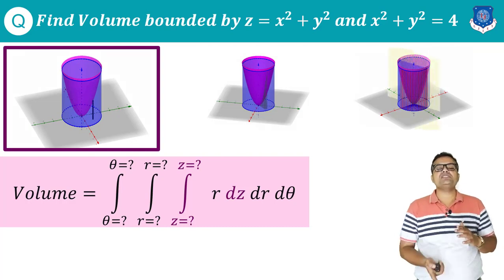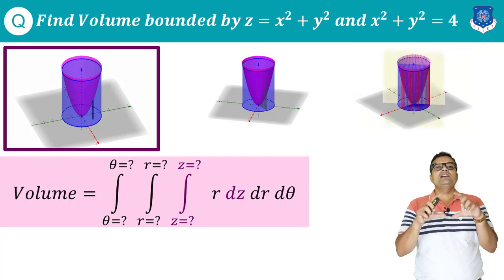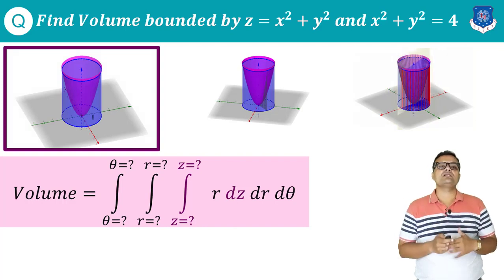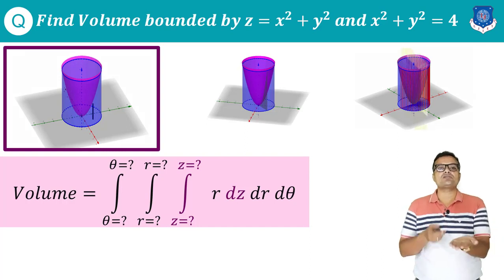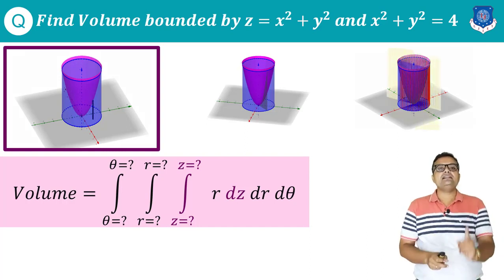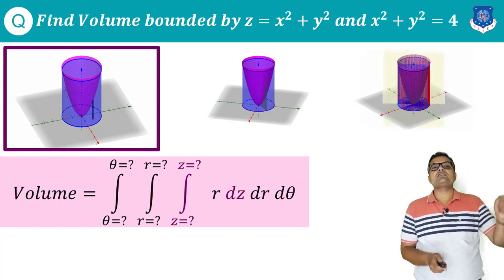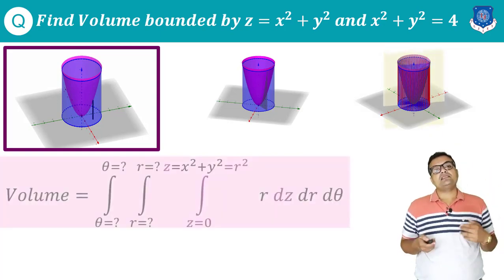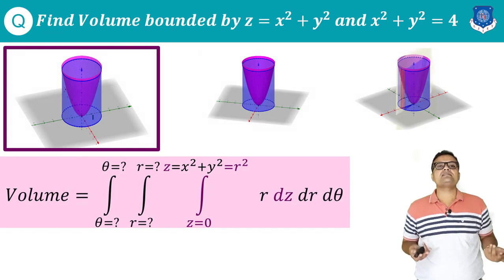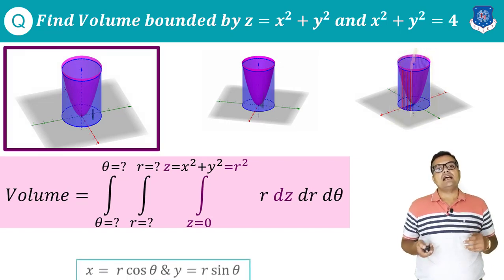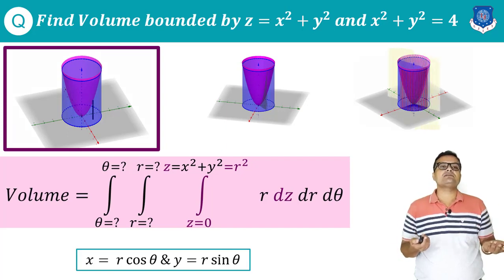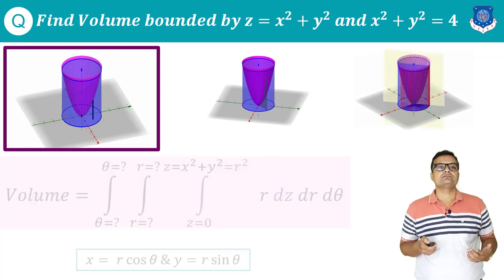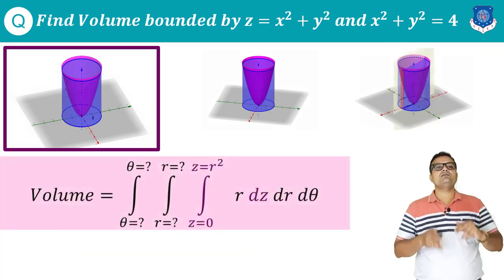Here I am considering change in z coordinate only. I am keeping my inner variable in active mode, so the rest of the variables are constant. So where is this z starting? It is starting from the xy plane, so the value of z at that plane is 0, and it is ending on your surface z equal to x square plus y square. This means my value of z is 0 to x square plus y square. But now, as we know that x equal to r cos theta, y equal to r sin theta, x square plus y square is converted into r square. So now we are done with the innermost limit.